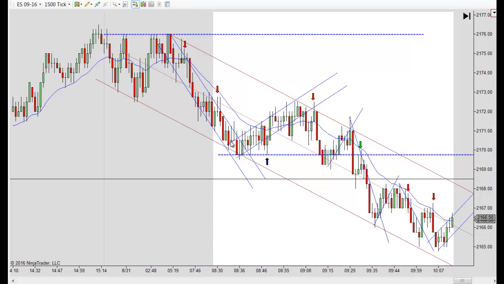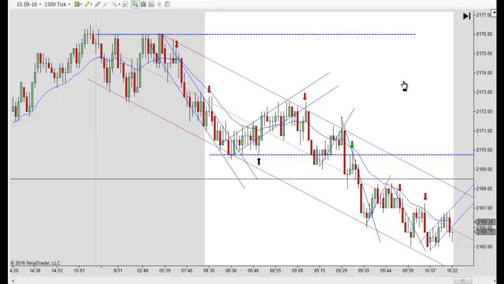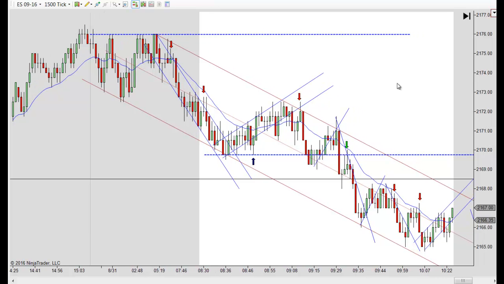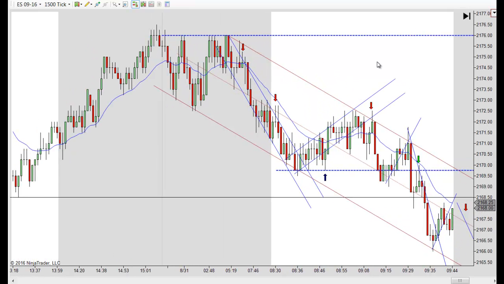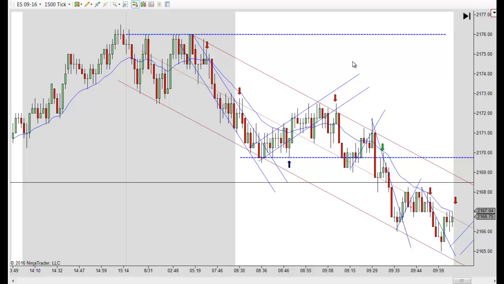You don't want to get down to too small a level because you have too many fake outs, and you don't want to get too big because you have too big a stop and too big a target. And just one little stop can cost you a lot of money if you go to too big a level. So you got to find that sweet spot, and we feel like generally we trade the 2,000 tick chart.